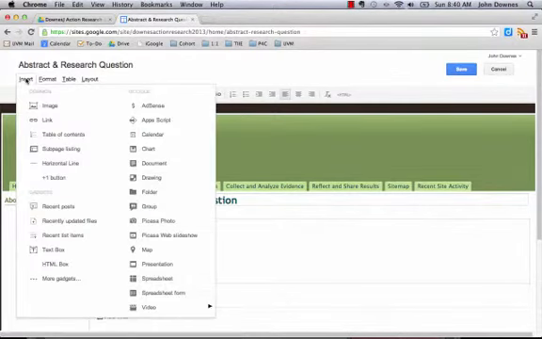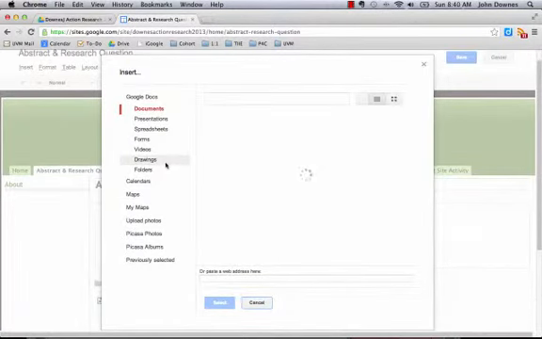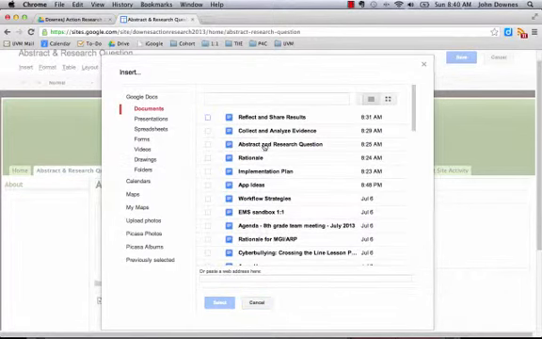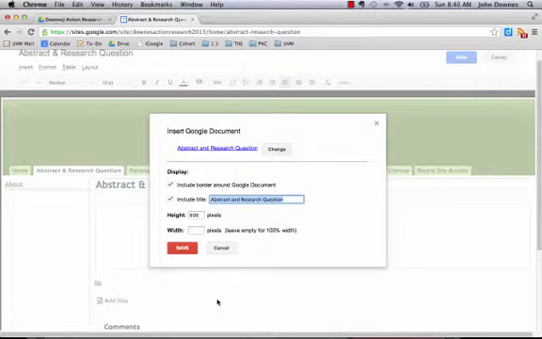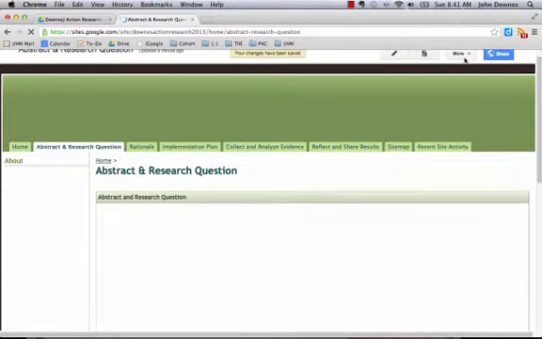But if I click Insert Document, you'll see that it brings up the documents I just created, as well as any other documents in my Google Docs. If I select that document, in this case Abstract and Research Question, I can accept the defaults at this stage and click Save. Notice what it's doing. It's beginning to insert my document into my Google site page. When I click Save,